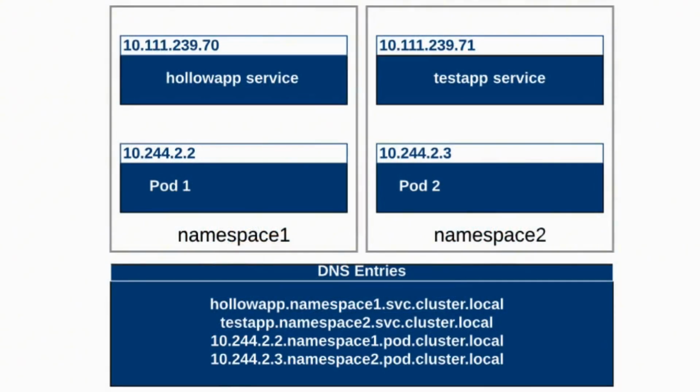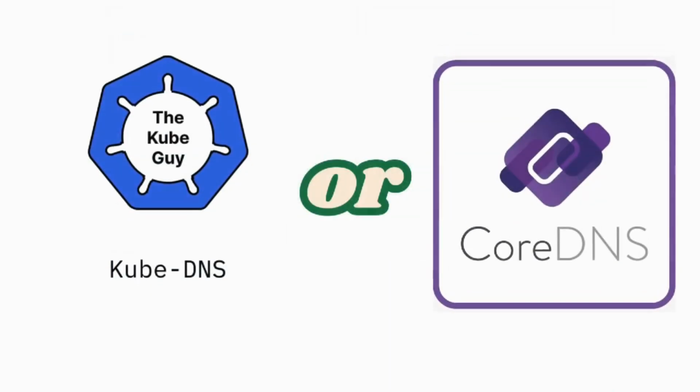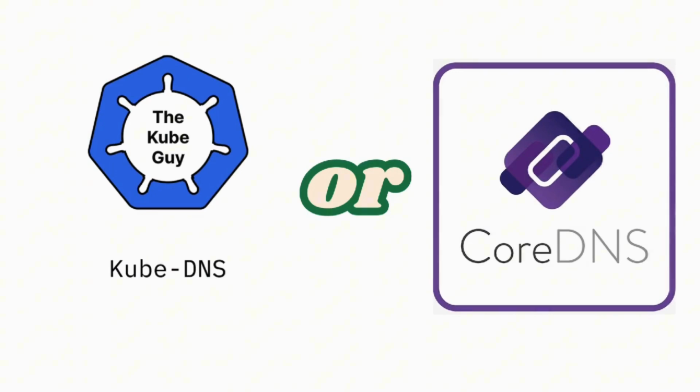When you create a pod in a Kubernetes cluster, it automatically gets an internal DNS record, which allows other pods within the same namespace to discover and communicate with it via DNS resolution. At the core of Kubernetes DNS resolution is the kube-dns or CoreDNS service, depending on the Kubernetes version and configuration. This service automatically runs within the cluster and manages DNS queries for all services and